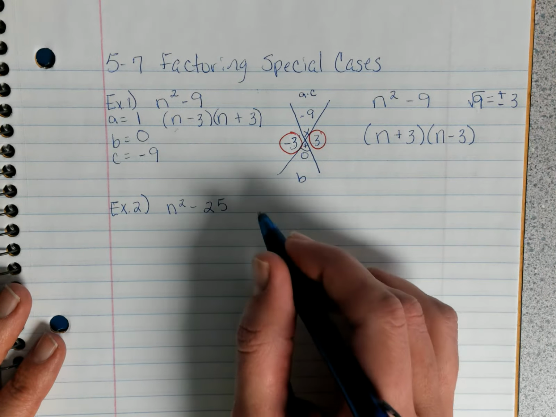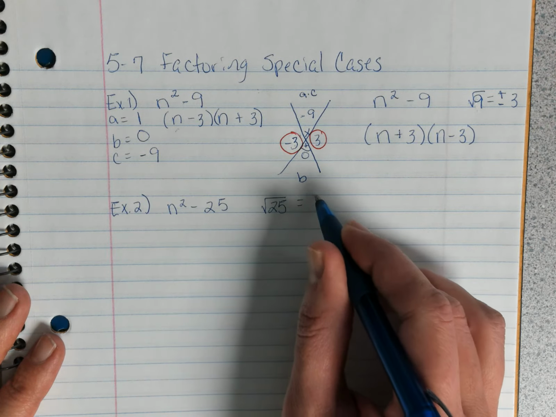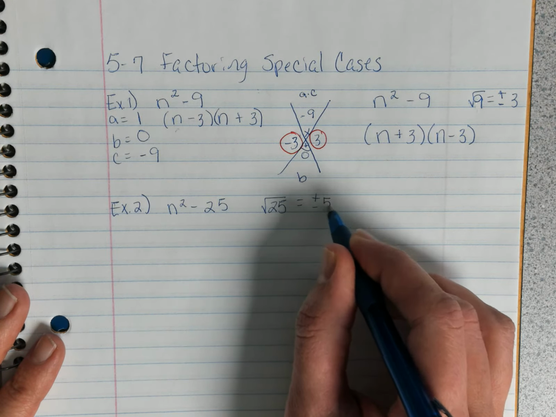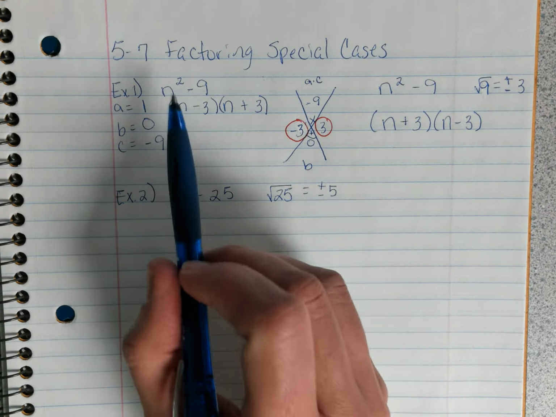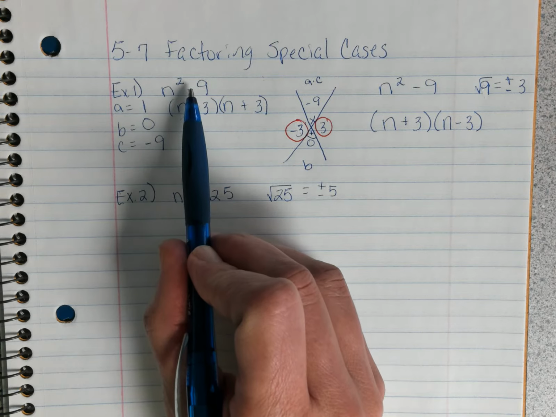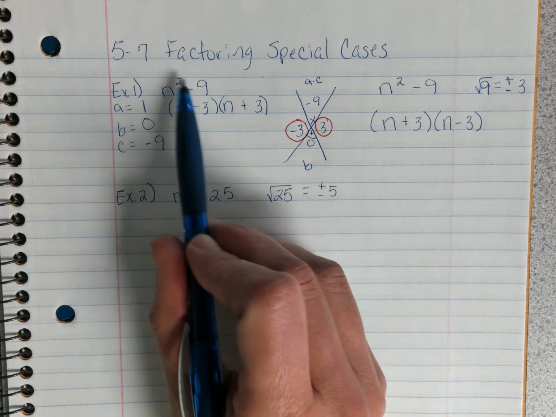So what is the square root of 25? It's a perfect square. It's either going to be a positive or a -5. Now I do have to say one more thing. This will only work if this right here is a subtraction sign. This will not work on addition signs, because